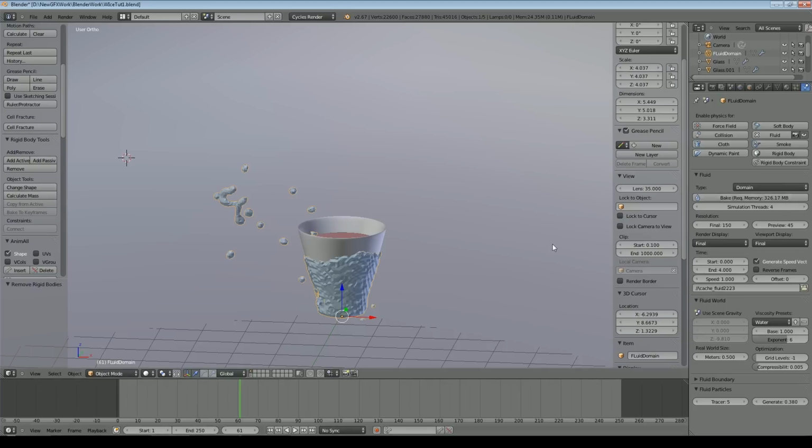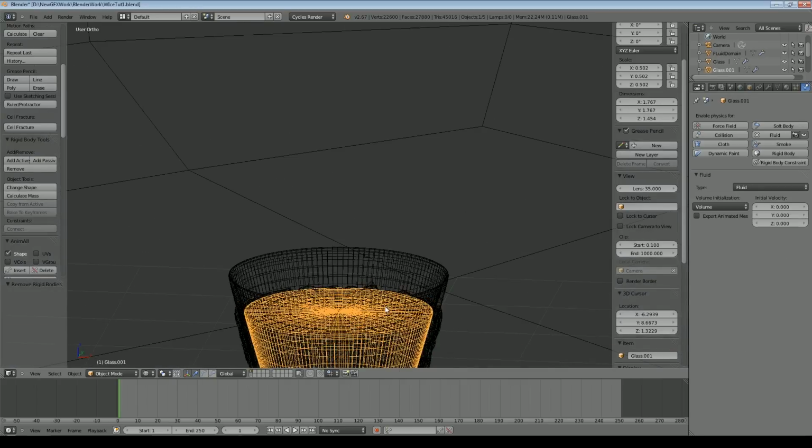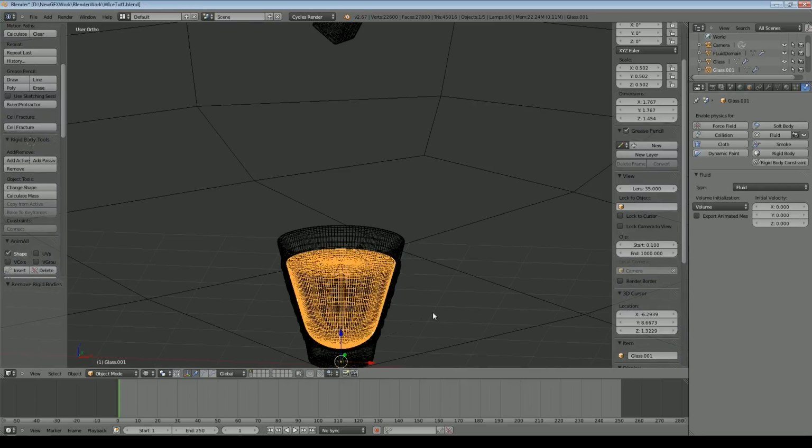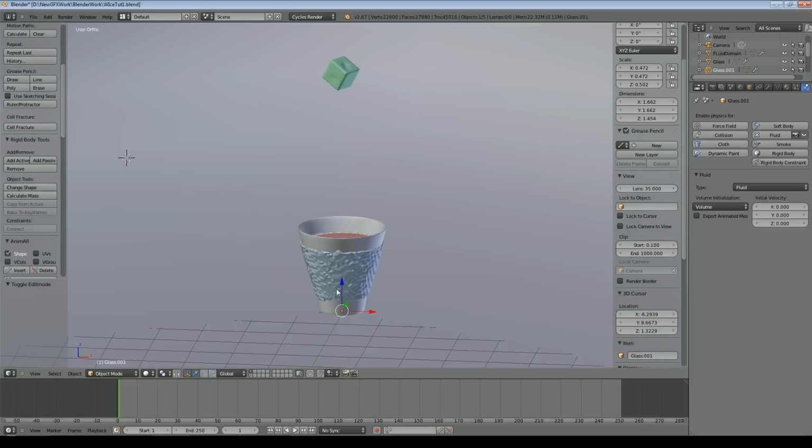As we go up to higher and higher resolutions that will become less of an issue, but in order to help it, I think what we'll do is I will select the inner object and we'll scale that, Shift Z, so it doesn't scale on the Z axis. We'll bring that in a little bit, and right at the very end, after all of the baking has been done, we can increase the size of the glass itself so that it encloses all of the fluid. But basically this is now giving us the start of a good render.